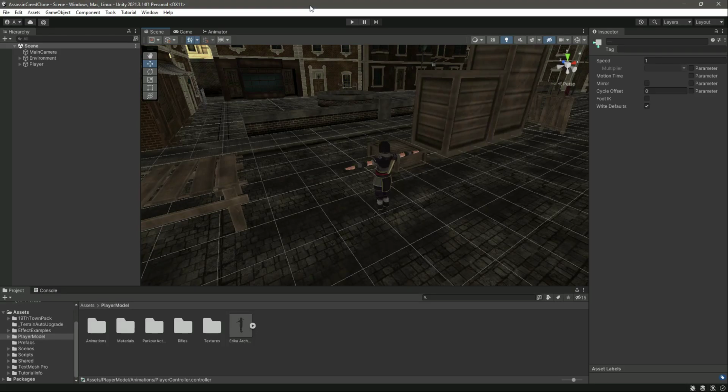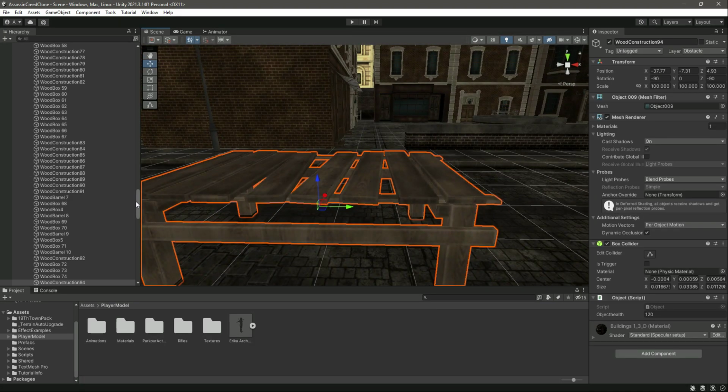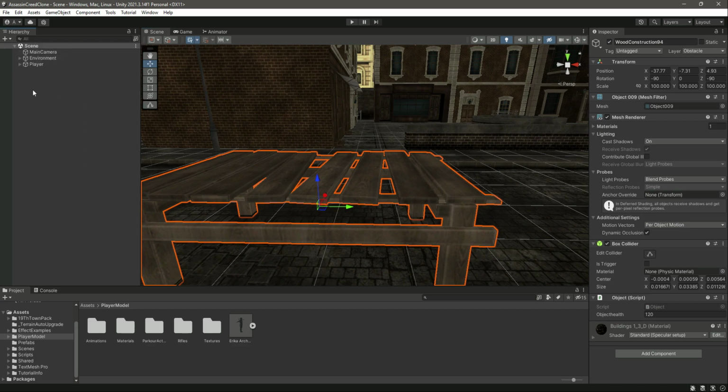Hello and welcome back. So in the previous video we have added the fighting sequence. Now our player is able to perform different types of punches and kicks, but those punches and kicks don't give damage to anything. For now we can damage this table with the punches and kicks, but let's just leave this